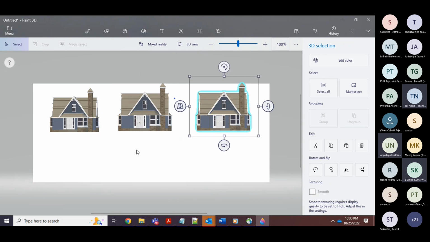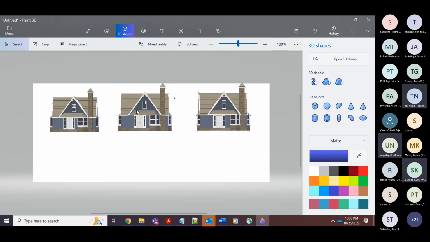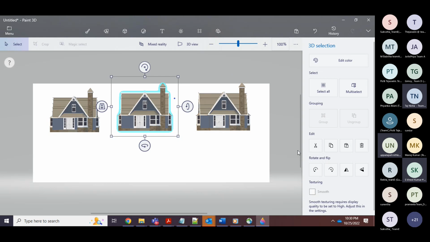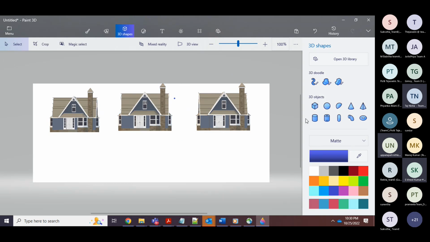One more house here. Like this, there are a number of houses in this area. So we'll put the area name as